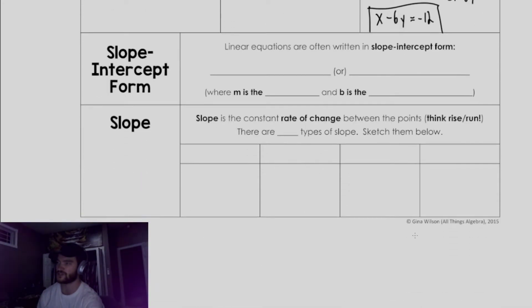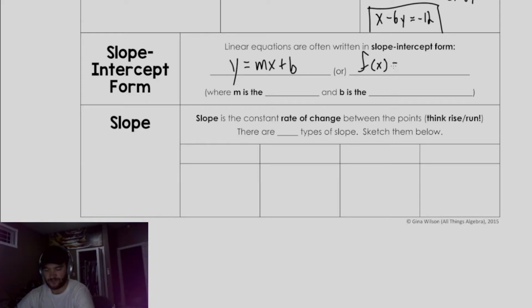Now we're going to move on to slope-intercept form. Slope-intercept form is very important. Okay, so how we write slope-intercept form. So the biggest one, the one you probably know most, is y equals mx plus b, right? Or we can technically write it just like we did last time. The f of x can replace y, so it could still be a function. Actually, every linear equation is a function, so that's good. Where m is, of course, the slope, and b is the